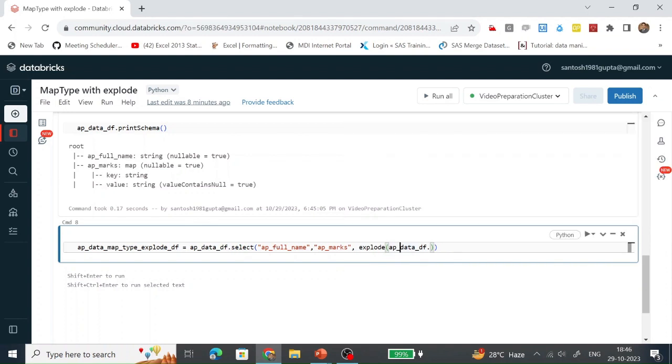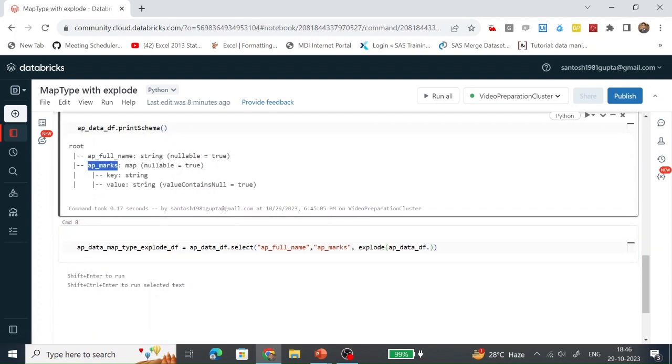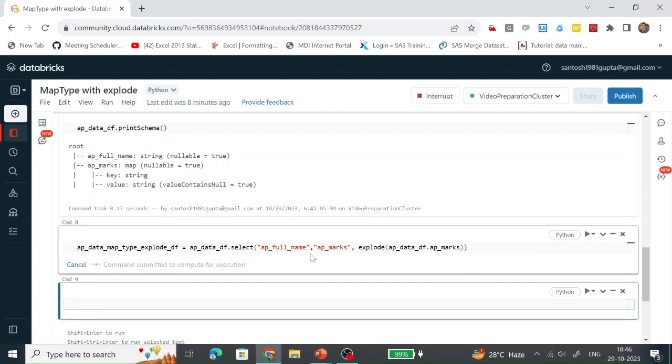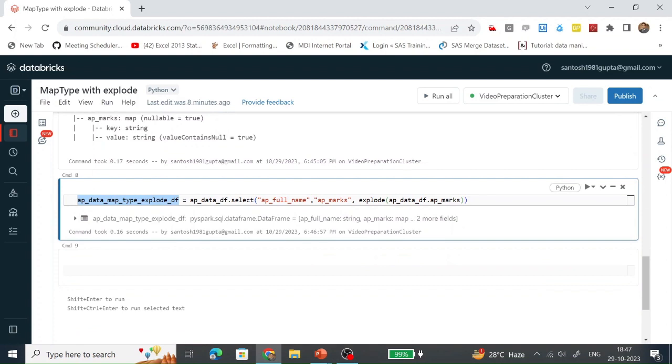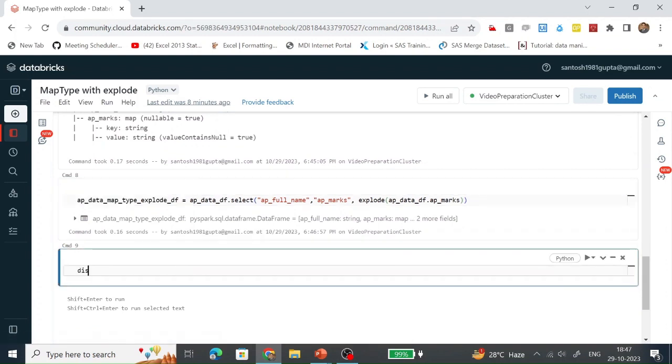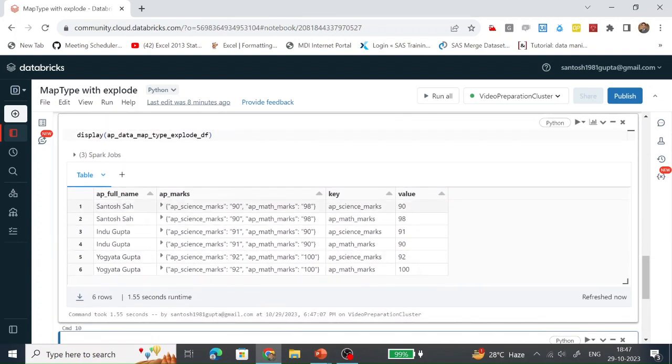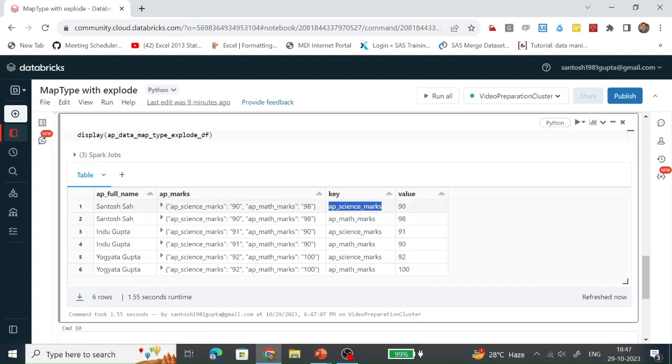This is the data frame. Now put dot and select the data column which is of map type. Now run it. This data frame gets created. Display this data frame. We can see two columns getting generated here, one for this key and another for this key.